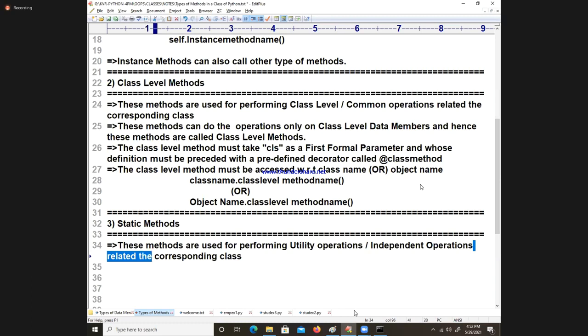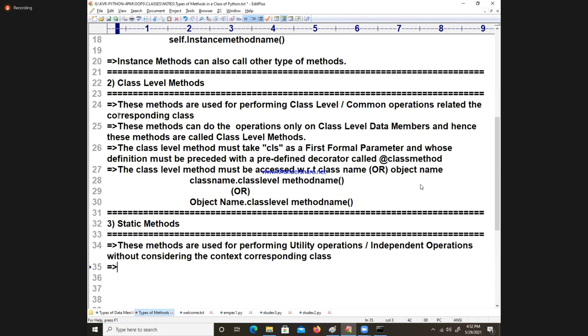Independent operations, I can write without considering the context of the class. Whether you are in employee class or student class or whatever, it is considered a utility operation, an independent operation without considering the context of the class. It's a social service. It is called one universal operation, as Durga Prasad says. Okay. Next,